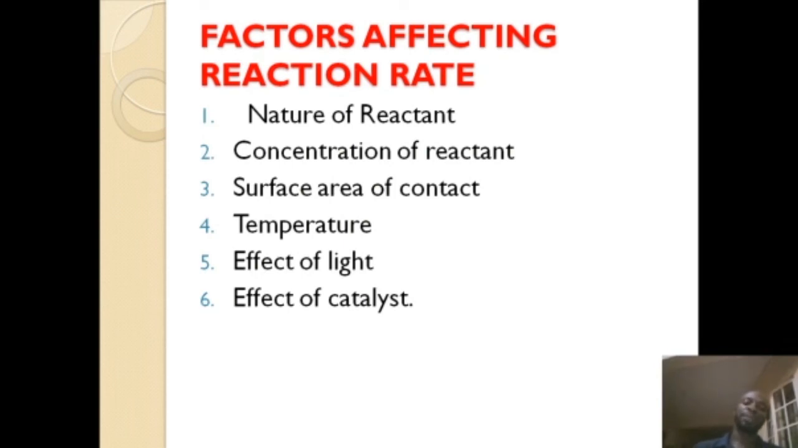What is a catalyst? A catalyst is a substance which alters the rate of a reaction but itself remains unchanged at the end of that reaction. I repeat again, a catalyst is a substance which alters the rate of a chemical reaction but itself remains unchanged at the end of that reaction. I would want to use a marriage situation